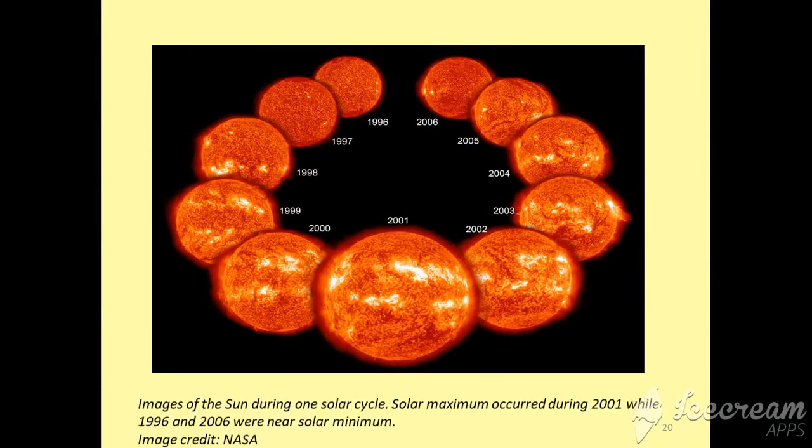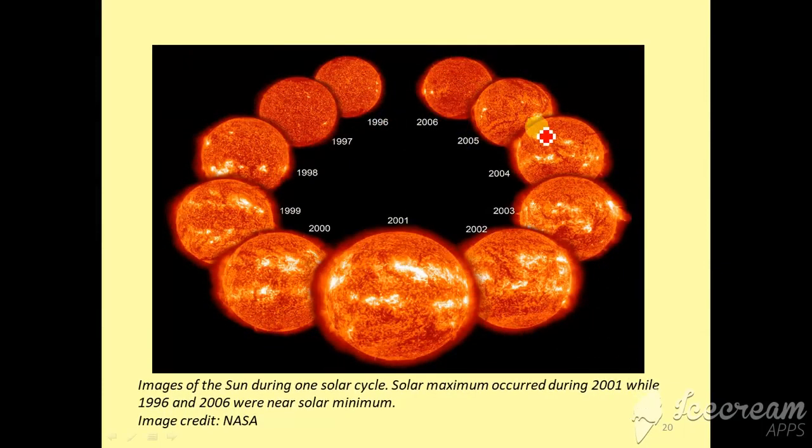So this is a diagram taken from the NASA site representing a solar cycle. We can easily identify that in the middle of the cycle we have the maximum number of bright spots, faculae, and therefore the maximum number of sunspots also. And at the beginning and at the end of the cycle, we have the least number of bright spots and also sunspots. This is the cycle of a total of 11 years.